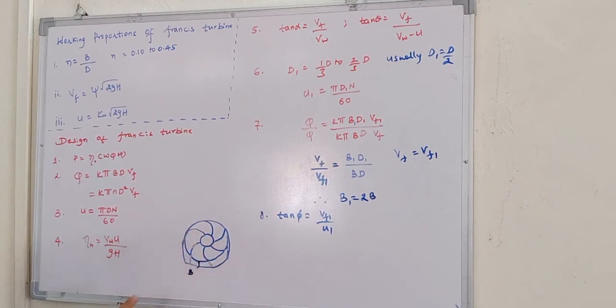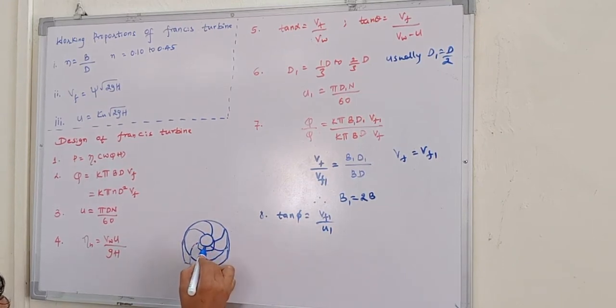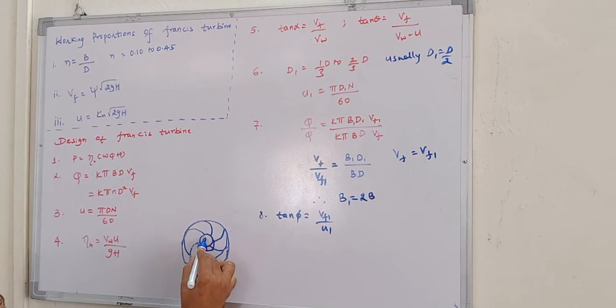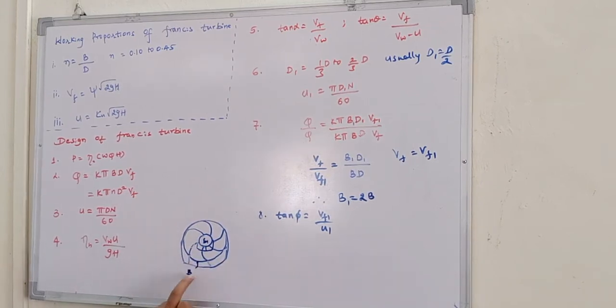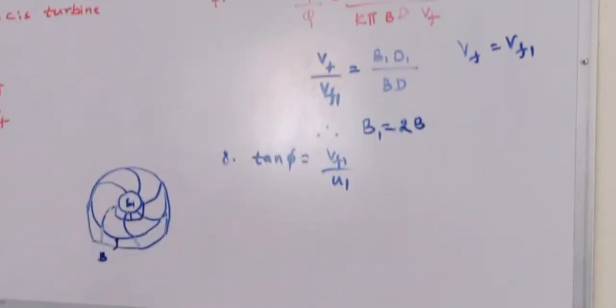Okay, at this center the water will come out. Here there will be, again I cannot show you the three-dimensional picture, so I'm just trying to pose as if like this one. This thickness I'll call B1. This is B, this is B1. B is the width at the inlet and B1 is the width at the outlet.